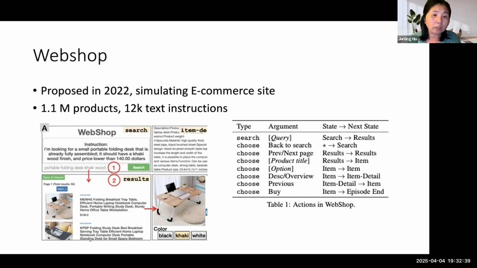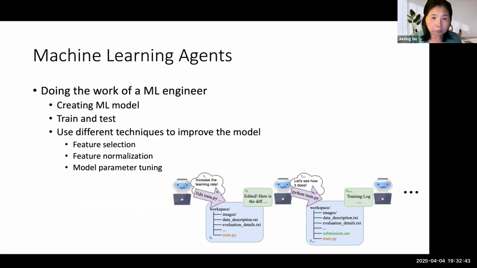What kind of action they can take? So this is another application for the agent. The third one I want to mention is that you can create a so-called machine learning agent, where we can essentially automate a lot of machine learning tasks. The job of a machine learning engineer is essentially to fine-tune the model. This is a classical machine learning model where you do feature selection, you do data selection.